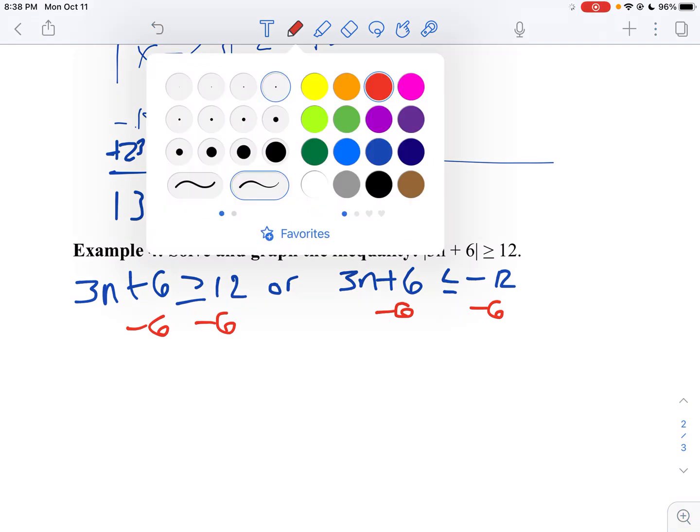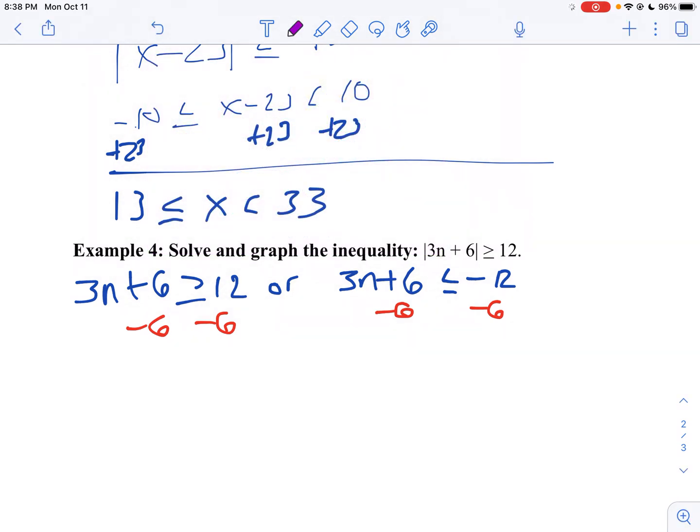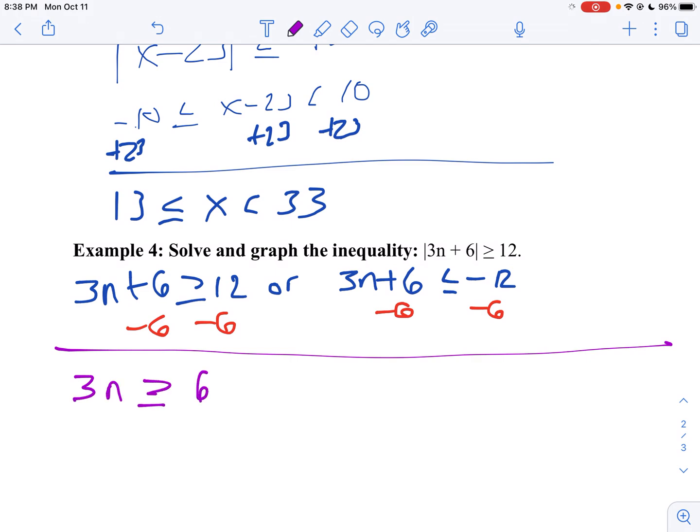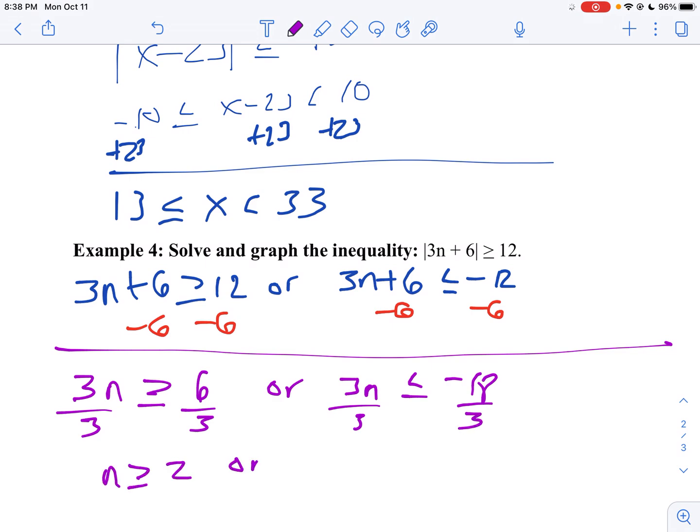I think I'm going to solve both at the same time here. So I bring down the 3n is greater than or equal to 12 minus 6, which is 6, or bring down the 3n less than or equal to negative 18. Then I'll divide everything by 3 in both inequalities. So I'll get n is greater than or equal to 2, or n is less than or